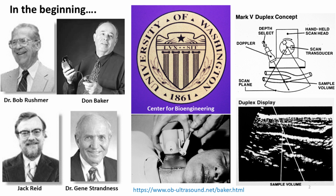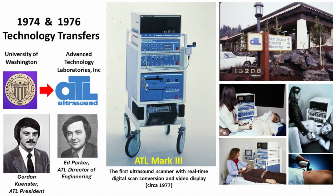Their success attracted other talented engineers like Jack Reed, who developed the first rotor mechanical duplex scanner, where both 2D imaging and pulse Doppler can be performed, although not both at the same time. Gene Strandness, a cardiovascular surgeon, took on many of the clinical studies to evaluate the performance and benefits of the new duplex scanner. By the mid-1970s, Baker felt that the technology was ready for commercialization and actively sought an industrial